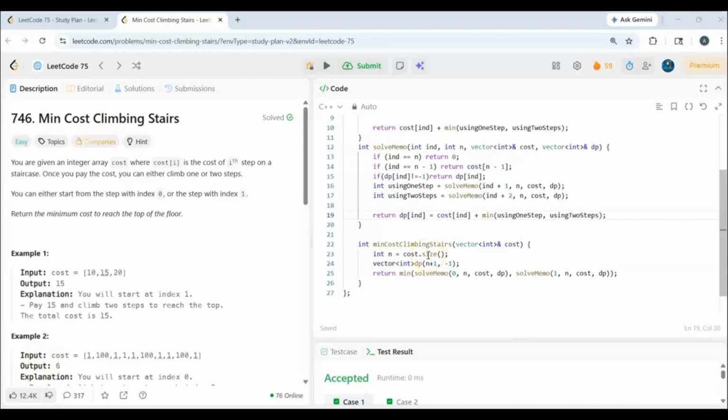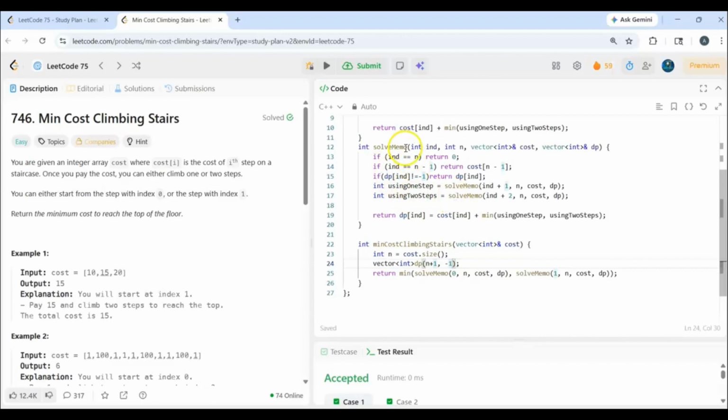So here's the code for the recursive approach plus adding memoization to it. We have taken a separate array, DP array, with size of the cost, and we have initialized it to -1 for each and every state. We'll send this DP array to each and every call, and the base cases remain the same.